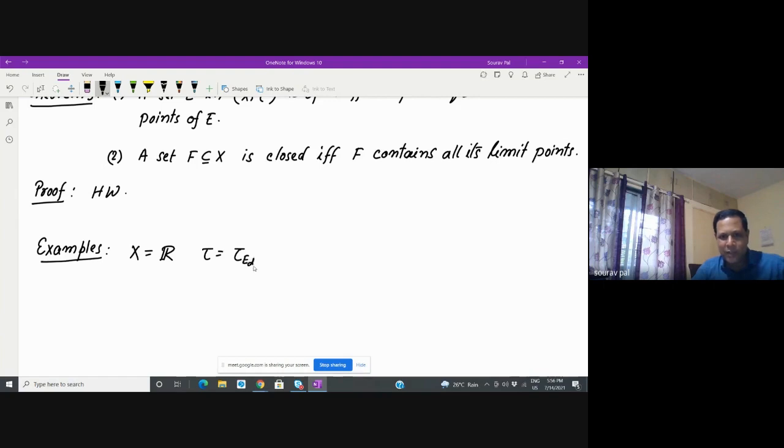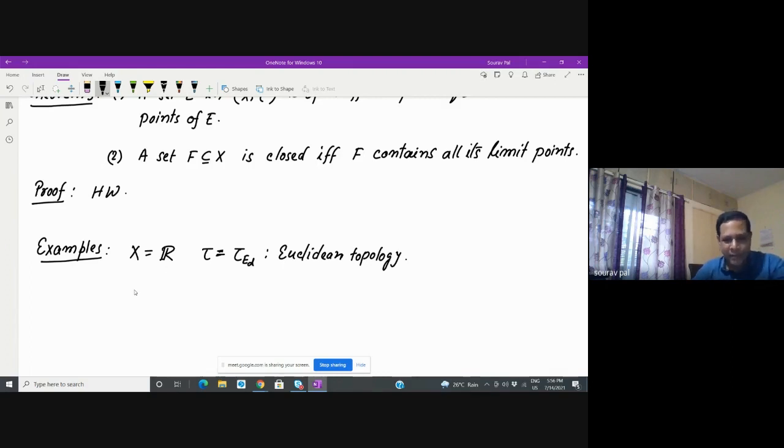This ED means Euclidean topology, okay? We all are familiar with this topology, right? The open intervals are open sets there, okay? And the union of open intervals, you know that. So if you talk about this topology,